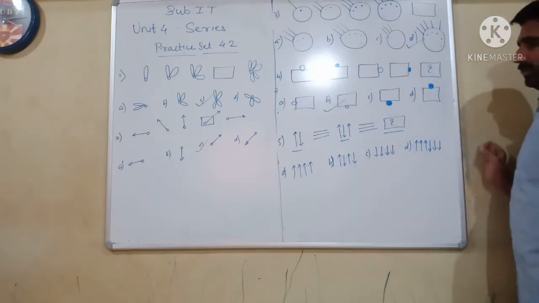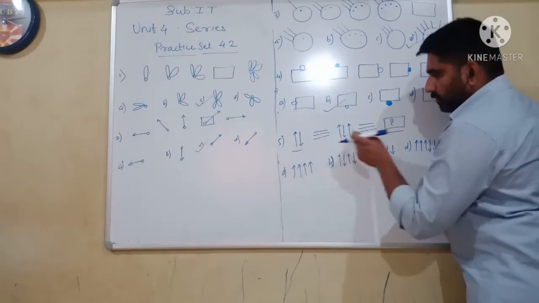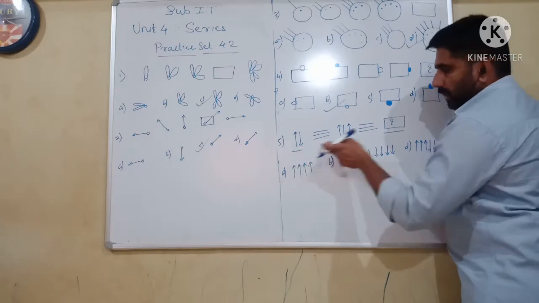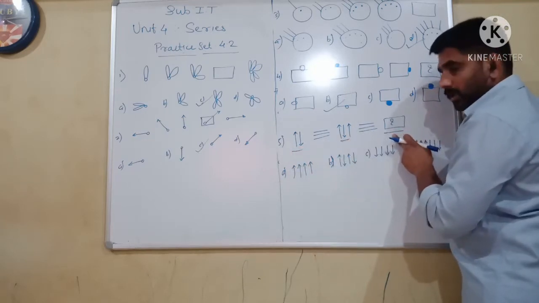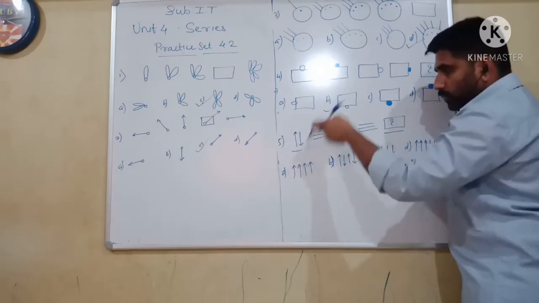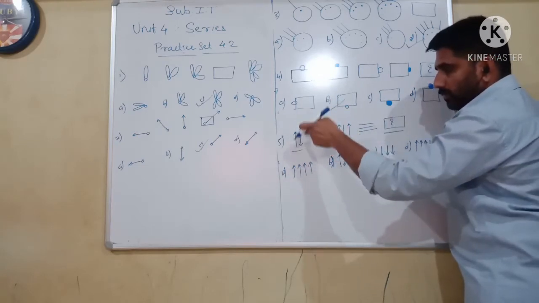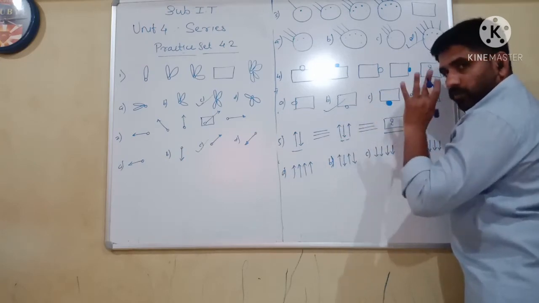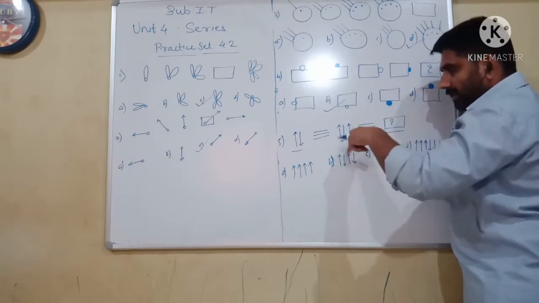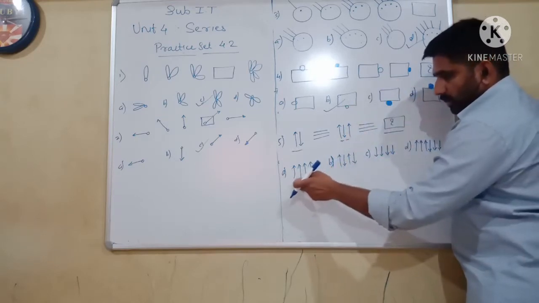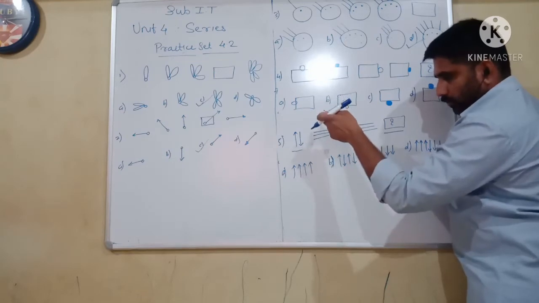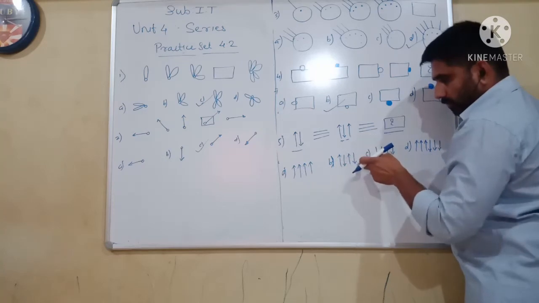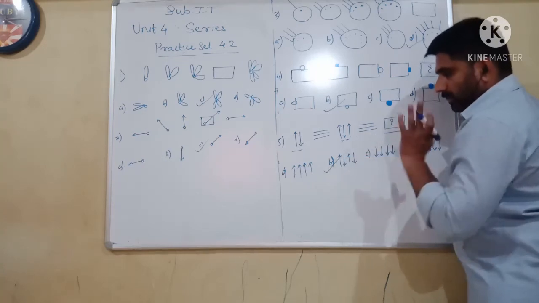As in the fifth question, here is the pattern of arrows and lines being shown. Here arrows are given: 2 arrows, 3 arrows, followed by 4 arrows. But see the position of the arrows. One arrow is going up, the second is down. Here 3 arrows: up, down, again up. Next will come 4 arrows, but they will follow the pattern of up and down. So here all arrows are in upward position. In part B, one arrow is up, the second one down, again the third arrow is up, the fourth one down. So the right answer will be option number